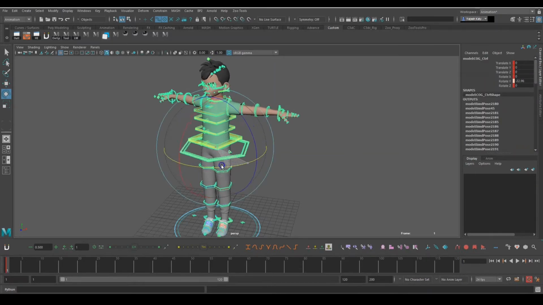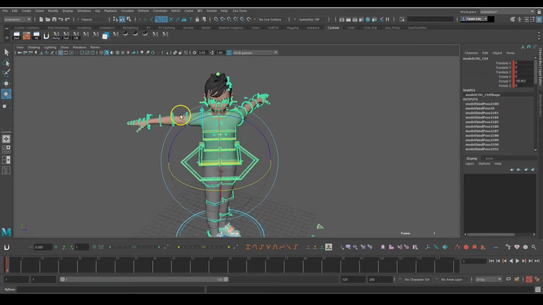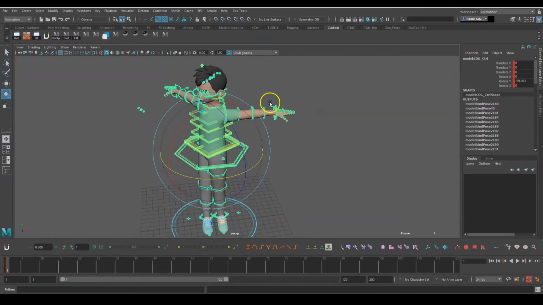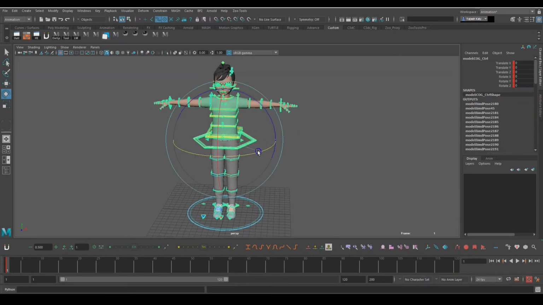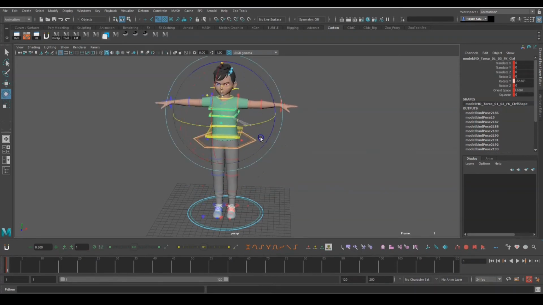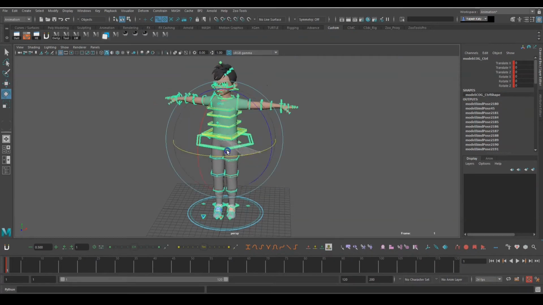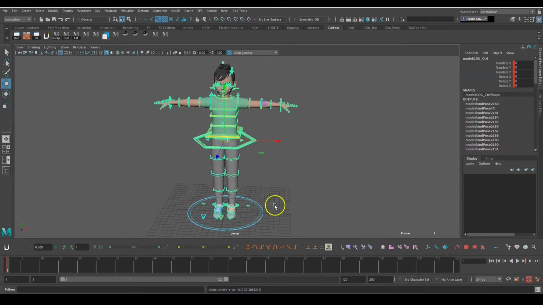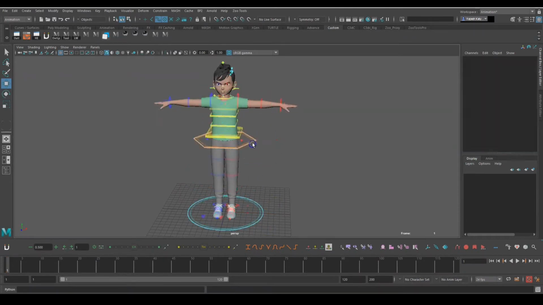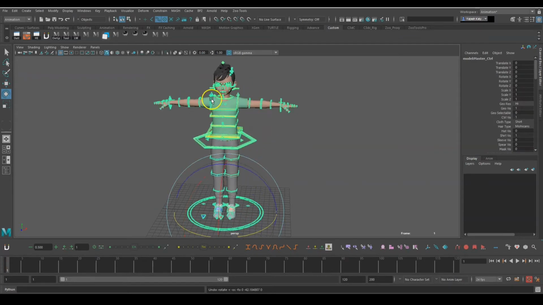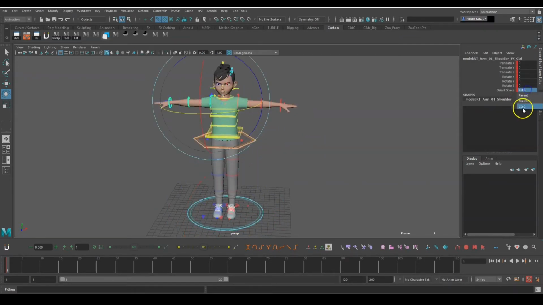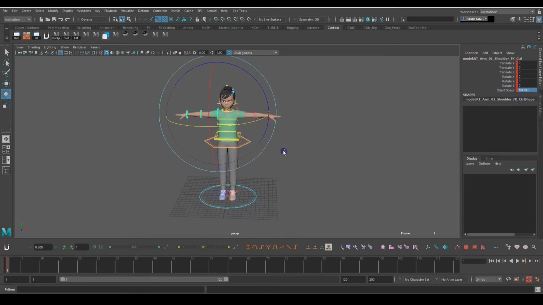If you select this and rotate, that hand is going along with the body, but this hand is staying in the same place. And if you switch this to COG, then this will go with COG but not with the chest control. Okay, but you can see it is going with the COG. So this is master and this is COG. If you rotate the master, everything is moving. So what I will do, I will change this to master.